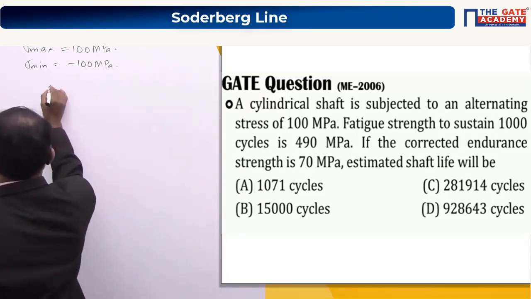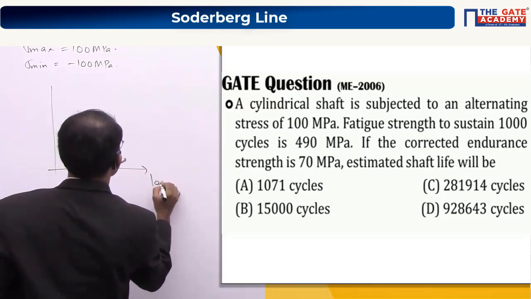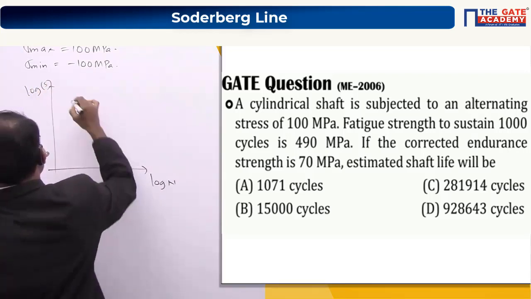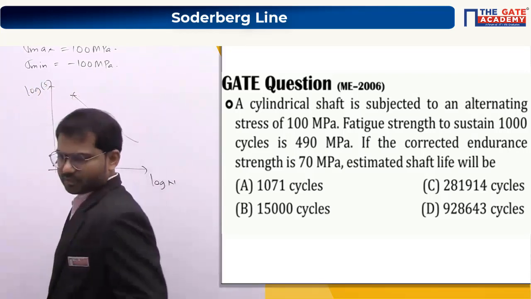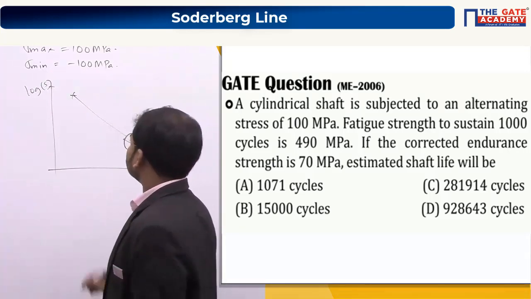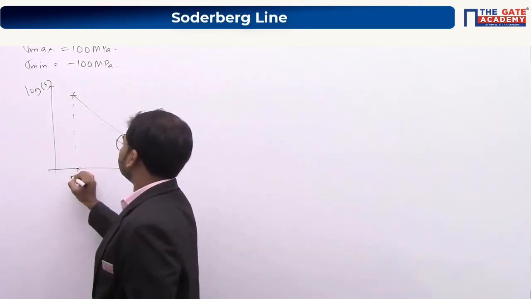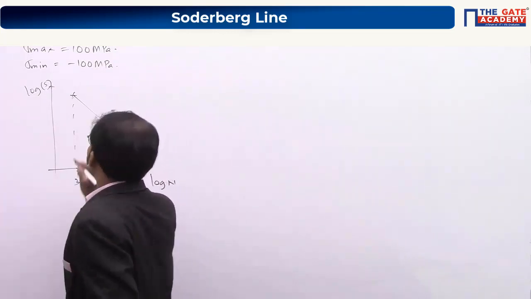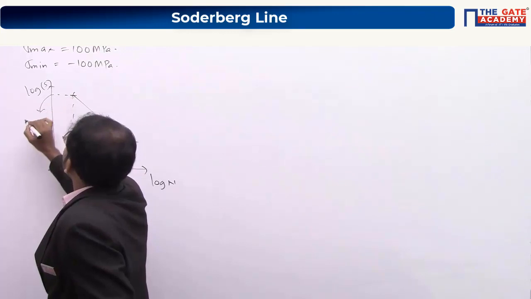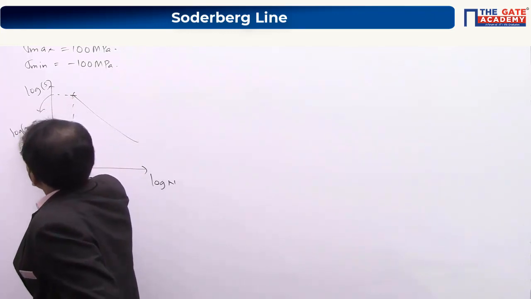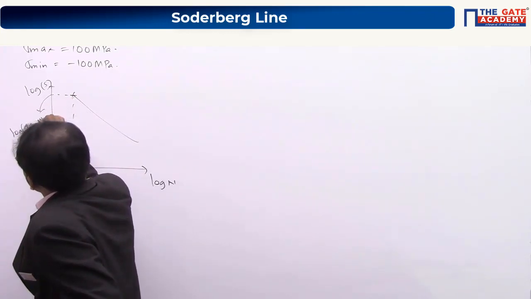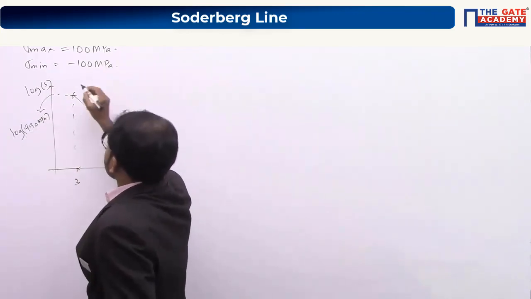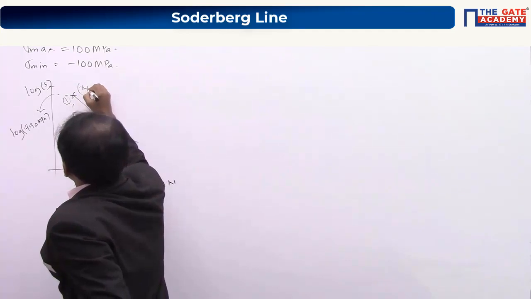So if you draw the SN curve here, it will be like this. This is log n. This will be log stress amplitude. The curve will be like this. So for sustaining 1000 cycles means obviously here 3. So for this, the stress magnitude is equal to 490 megapascal. So log of 490 megapascal. Understand? So if you take this particular point, you can take this as x1, y1,